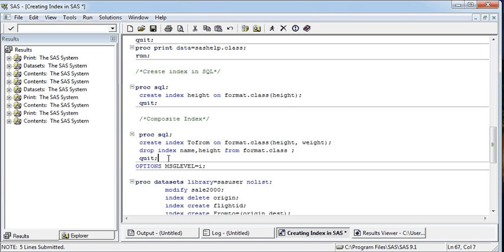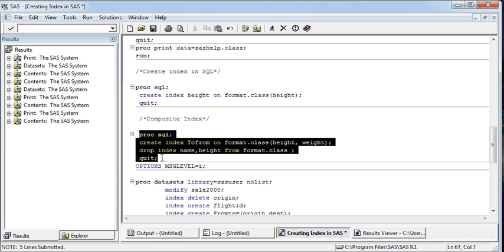And if you want to delete in SQL, you can write drop index name, like this 2from index from format.class, but here this is creating. So I want to see here.